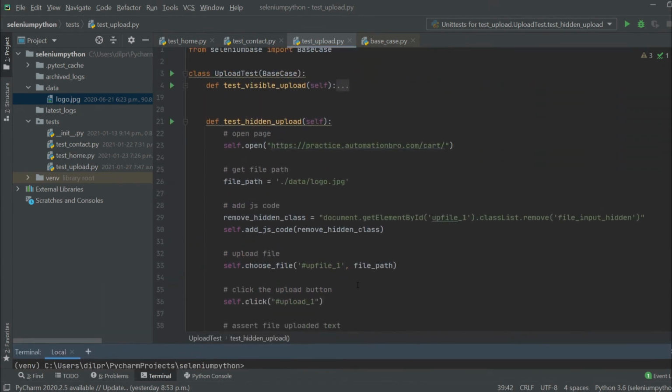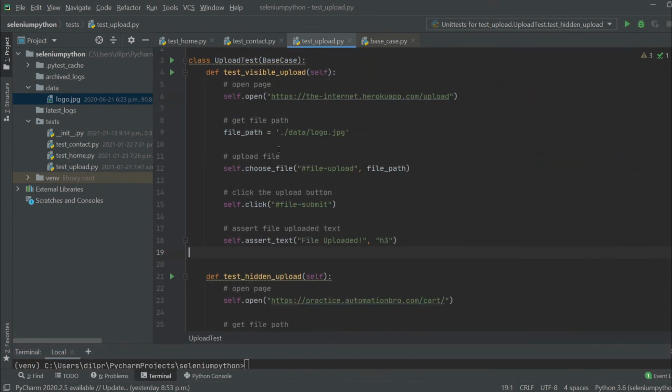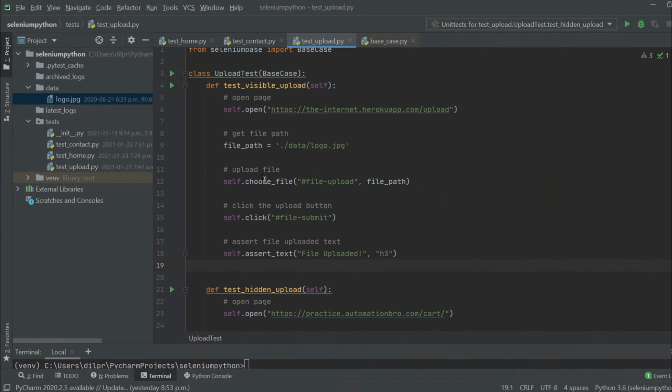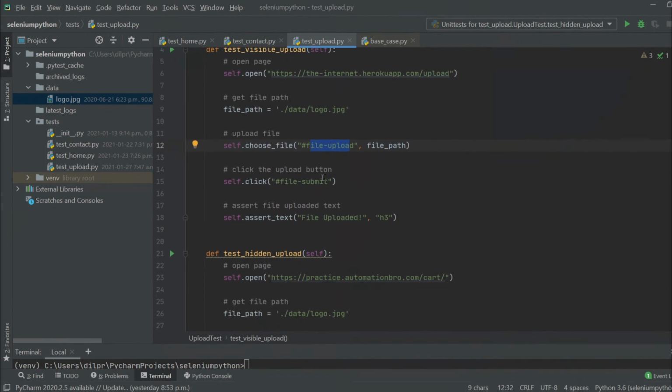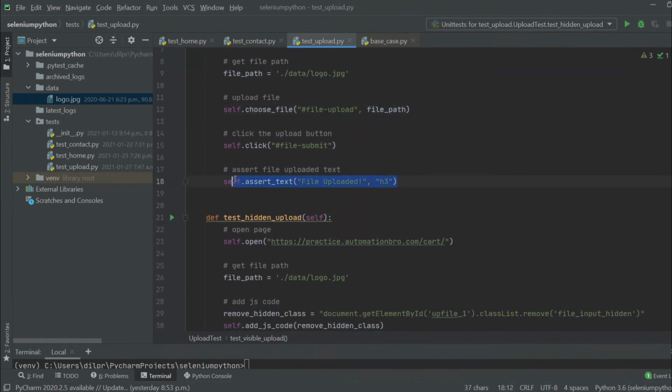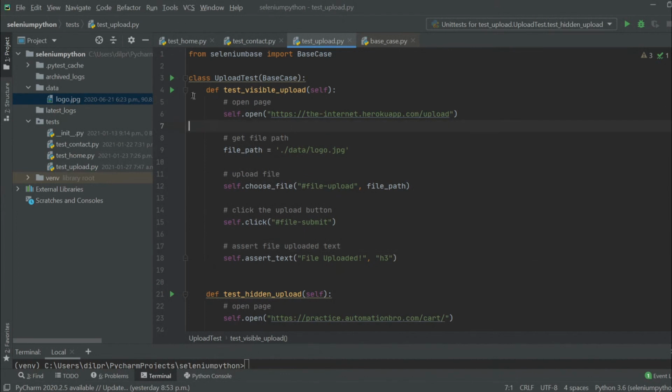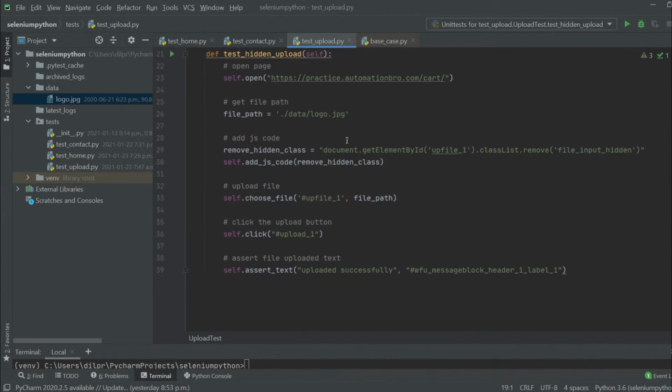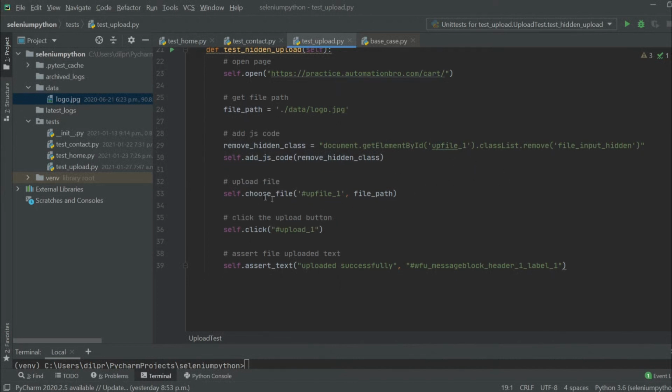So to quickly recap, we looked at two examples. The first one was a straightforward example where we can see the input field. And using that, what we were doing is just passing in the choose file method, which was going in and actually uploading our file after we have provided the file path as well as the file ID. Then we clicked on the upload button to actually upload whatever we want and then asserted the text. Now this one was a straightforward example. However, the typical examples that you will run into with modern websites would be something like this, where you would need to play around with the JavaScript code to get your input field visible. And once that is visible on the screen, you can actually go ahead and implement it the same way that you just did in our previous example.